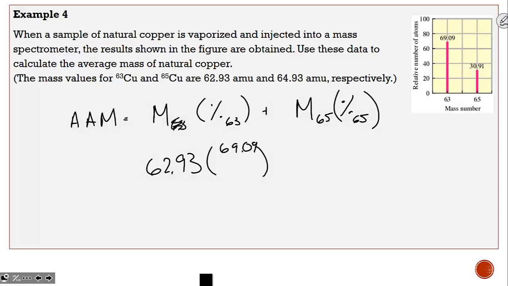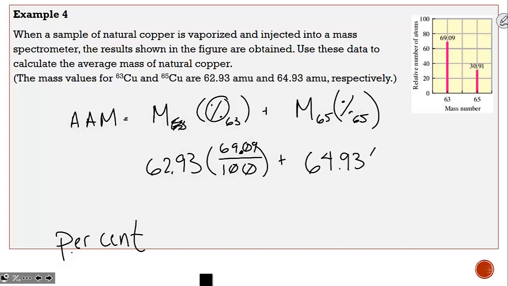69.09%. Now, percent, if you did not know, the word percent is actually an abbreviation, per centi, meaning for every 100. This is a mathematical operator. It simply means divided by 100 for each 100. So you won't put 69.09 here, you would put 69.09 for each 100. So we're going to take that and add to it the mass of 65, so 64.93, times the percent of 65,